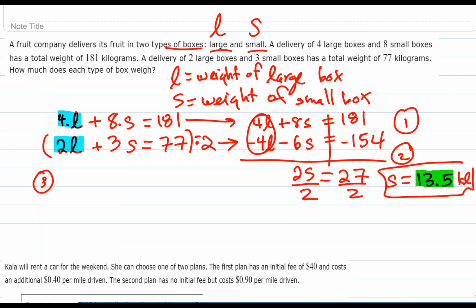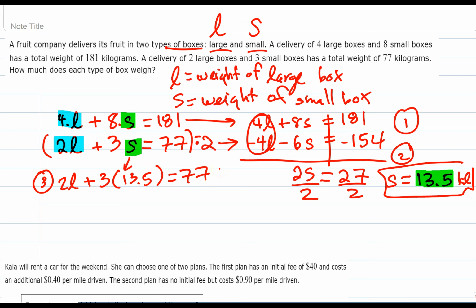Which S? Does it matter? So you pick. Do you want the top one or the bottom one? I would argue the bottom one because the numbers are smaller. Does it matter? So if I did it to the bottom one, it would be 2L plus 3 times, what's S? 13.5 is equal to,